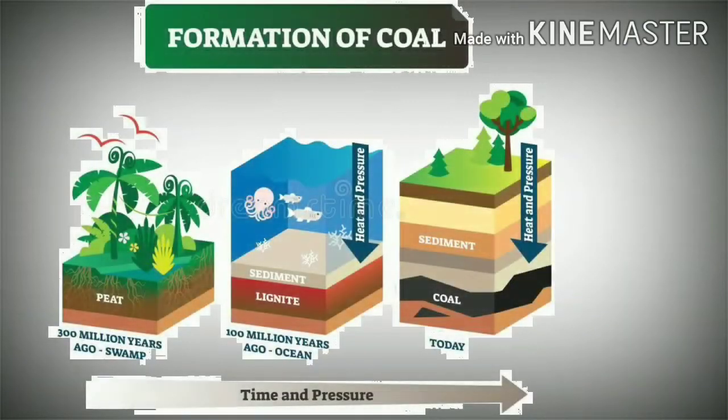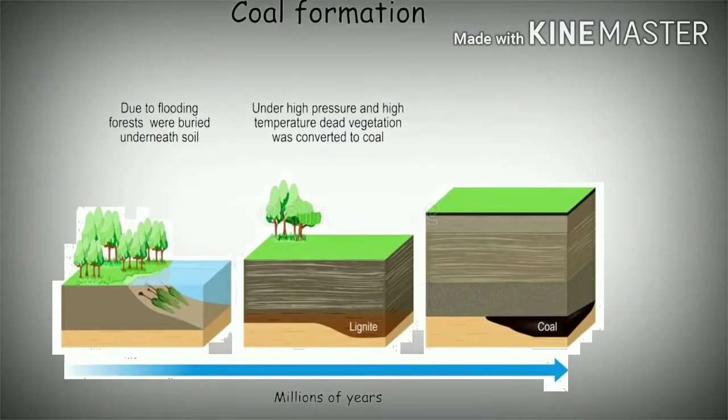Now we will learn about the formation of coal. It is estimated that coal was formed 300 million years ago, when trees and plants in the forest got buried under the earth's surface. As a result of earthquakes, cyclones, etc., the trees get buried under the earth's surface, and under hot conditions, absence of air and high pressure, the wood decomposed, resulting in the formation of coal.